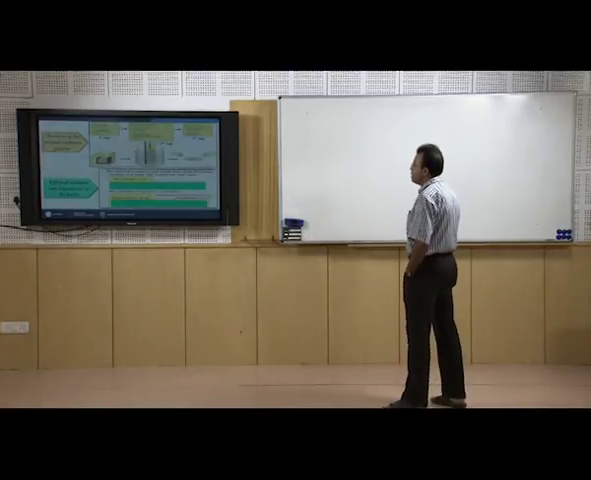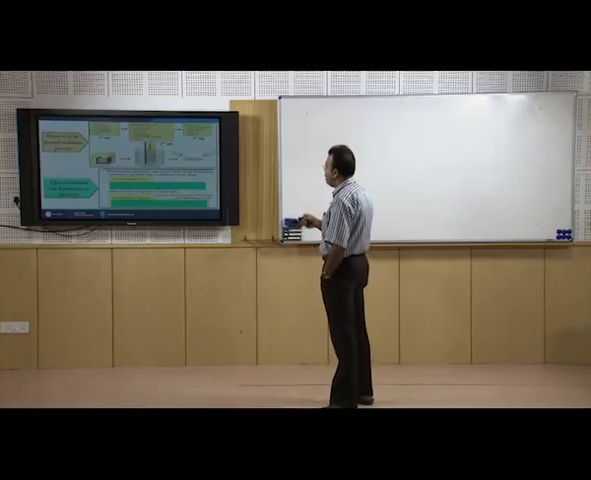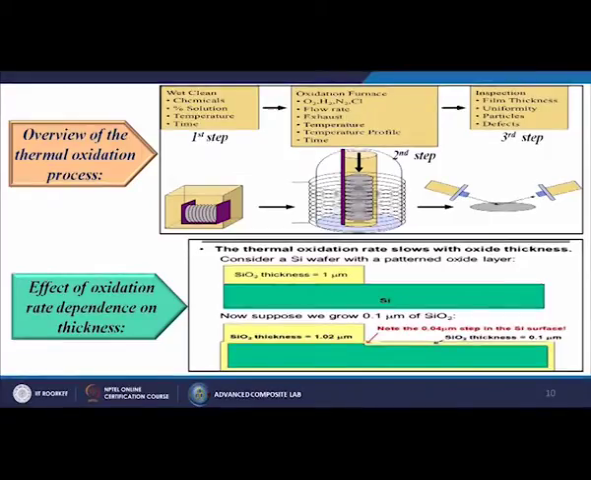So, here this is the overview of the thermal oxidation process. First step, generally we do a wet clean by chemical process, by solutions, by temperature or by time. So, we have to clean the surface itself, then we have to put the material into the oxidation furnace in the atmosphere of oxygen, hydrogen, maybe nitrogen or maybe chlorine. Flow rate we have to maintain, exhaust we have to keep it,